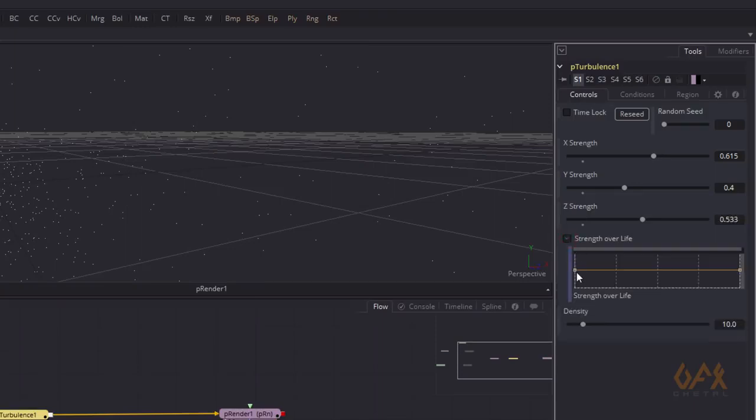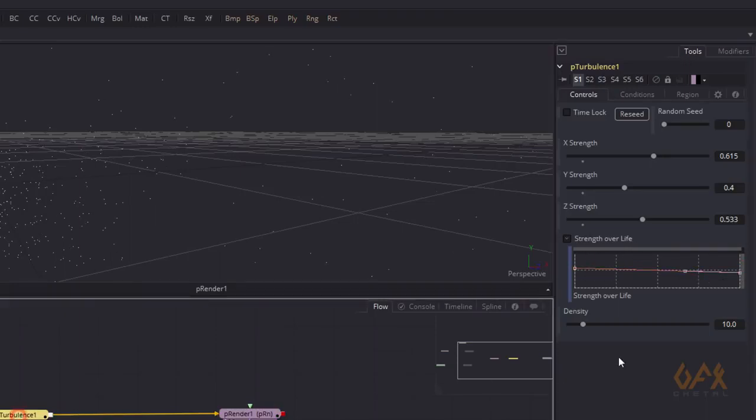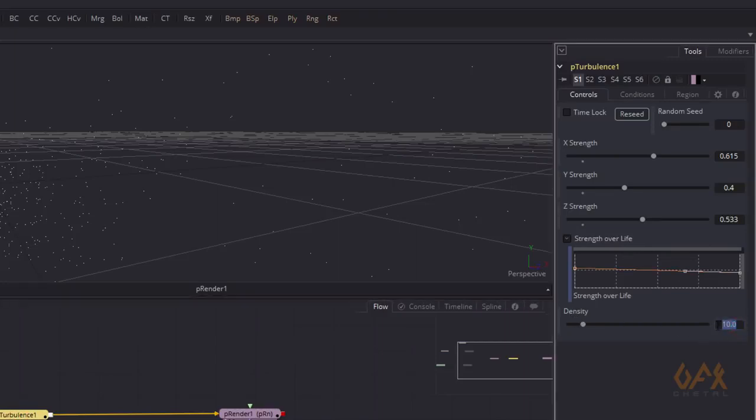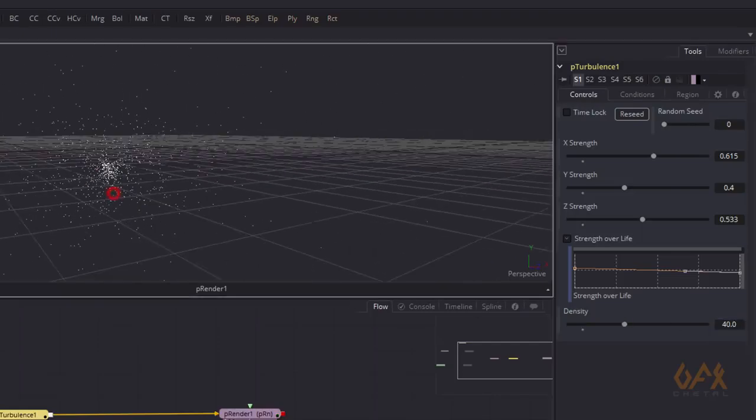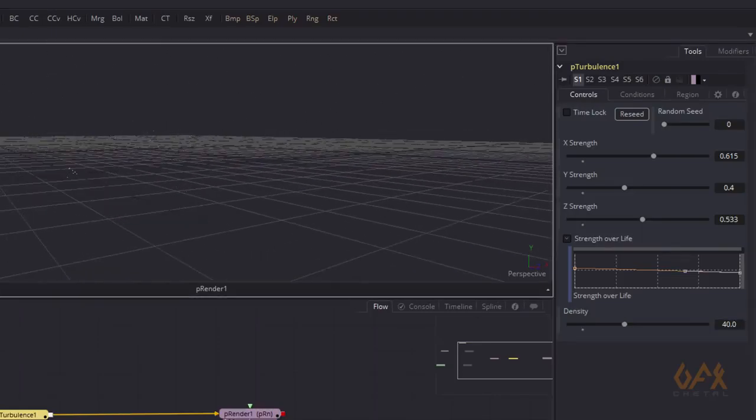And you can also change a little strength over life like this, and I also change density like 40. Now you can see my particle goes like this. Okay,